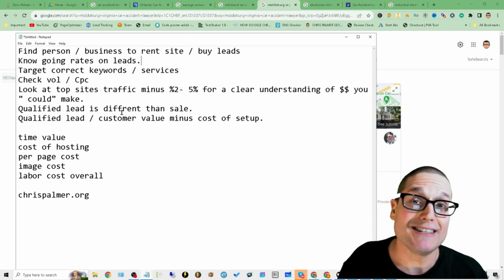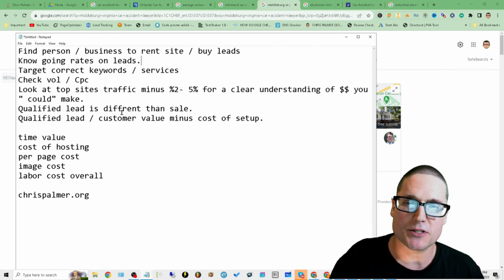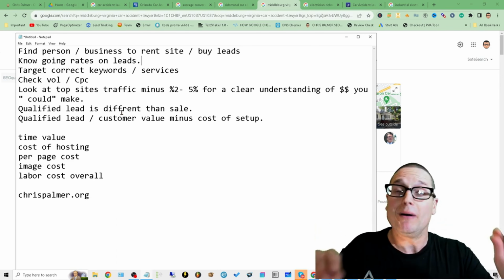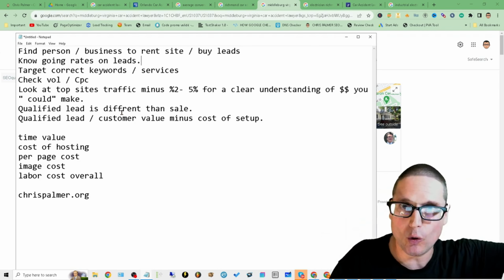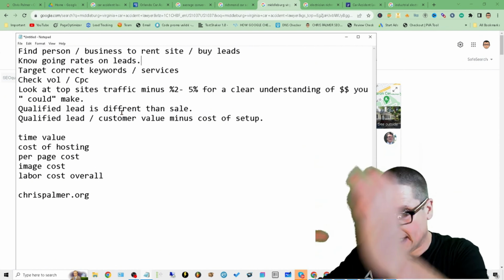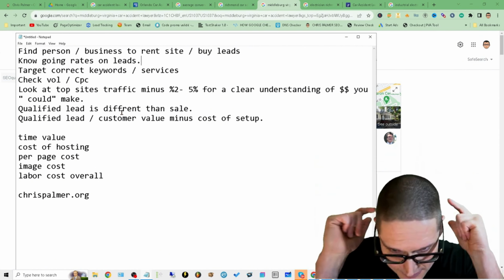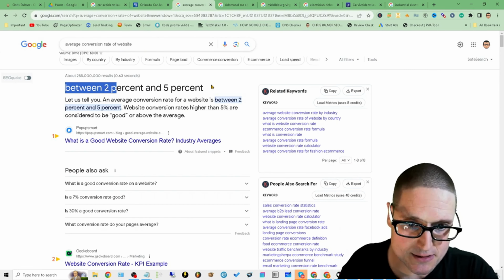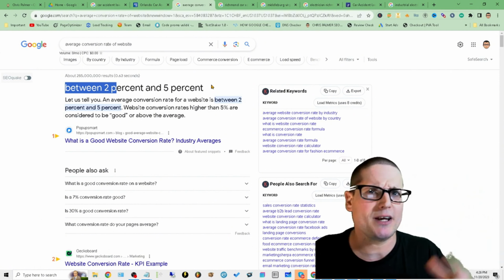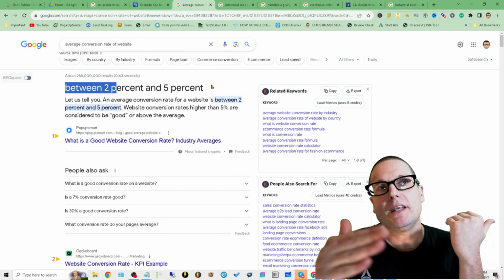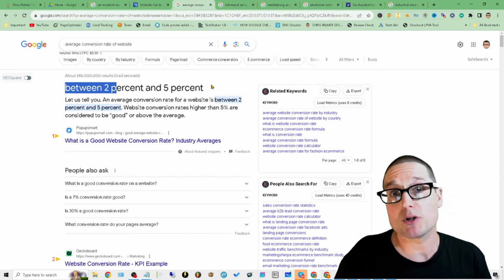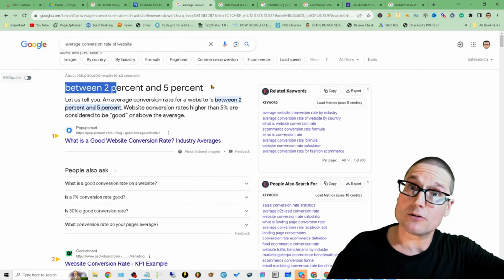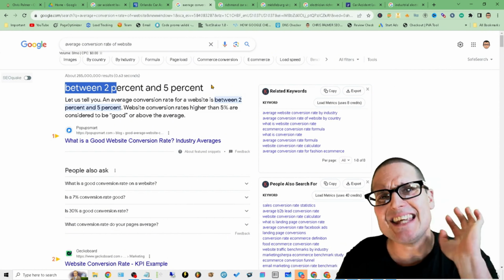Qualified leads are different than sales. When somebody comes to the website, there are phone calls, there are lead forms. Any one of those could be a qualified lead, but actual sales, or cases for a lawyer, are far different than an actual lead. Leads and sales are two different things. So take a look at this little stat here. Between 2% and 5% of websites convert, and I know things vary depending on industry, e-com, affiliate, local sites. So we have a number that we can both get to. Let's say it's a 2 to 5% conversion rate. Again, conversion doesn't mean sale or actual dollars for you or the person you're selling the site to or renting it to, right? But let's say you have 5%.